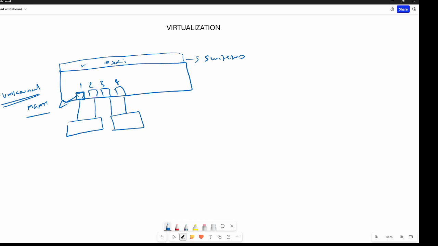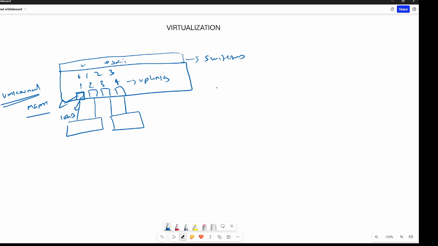So we can use the management port. And it's not only that you use it specifically for management, because in management you don't have much traffic. So what if this port is a 10 gigabyte port, will you use it only for management? No. You will use it for management as well as to pass traffic and do load balancing of the traffic. I will show you how that is going to happen. Now I've got four ports. These four ports are known as uplinks. So uplinks may be 0, 1, 2, and 3. Numbers start from 0 for uplinks.